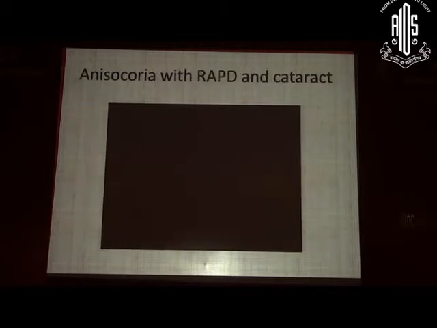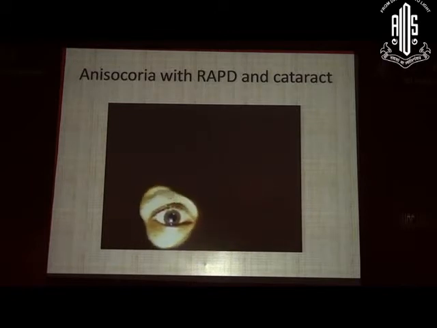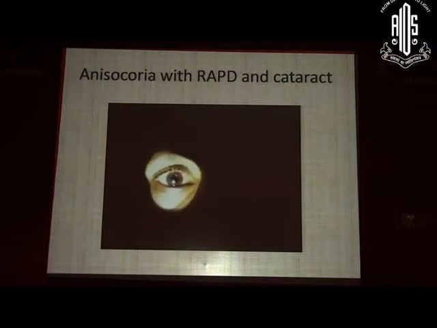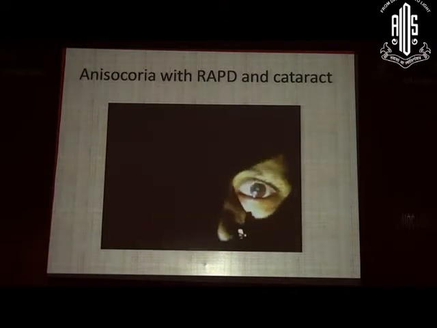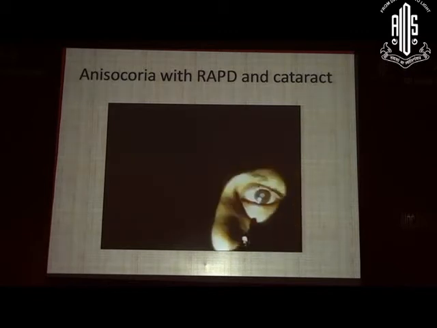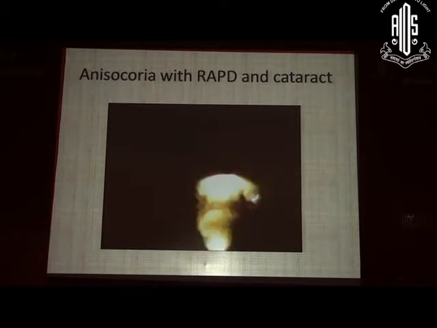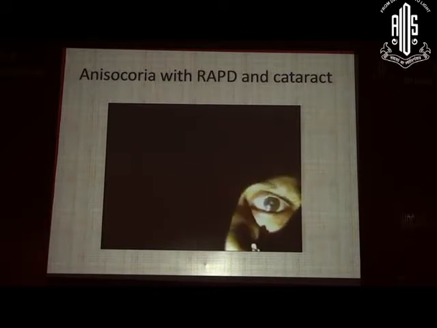The next situation is easier to diagnose because here a patient has cataract, so assessing the pupil is very easy. Now, right eye is traumatic optic neuropathy. So you move from the right eye to the left. This is direct reflex in the left, and you move to the right eye and come back to the left. The left pupil constricts, which is actually a normal eye with cataract. And right eye has traumatic anisocoria with optic neuropathy.